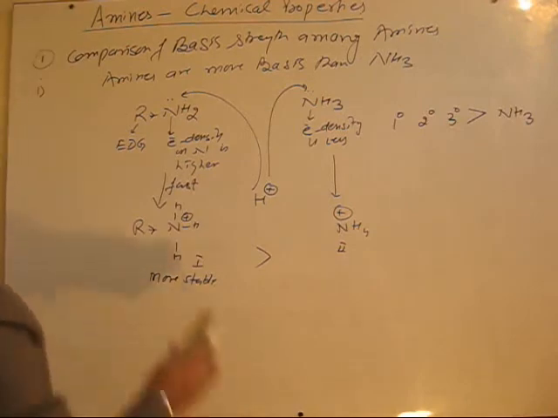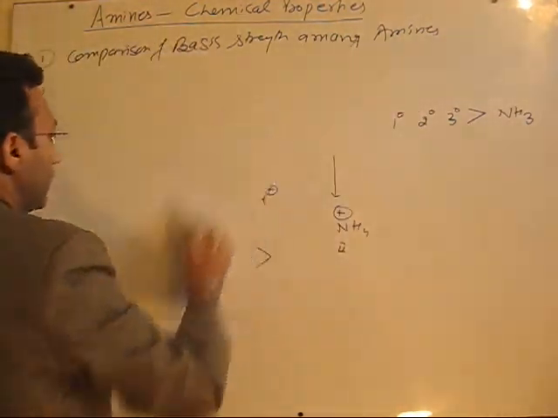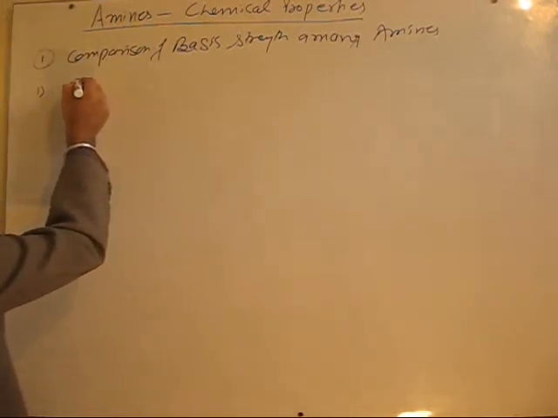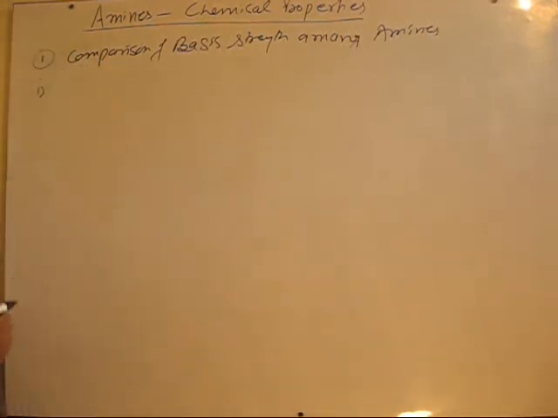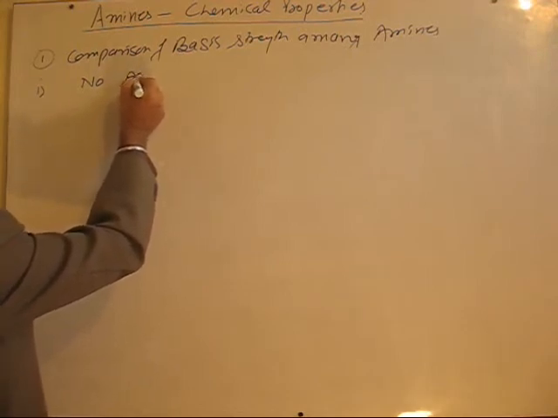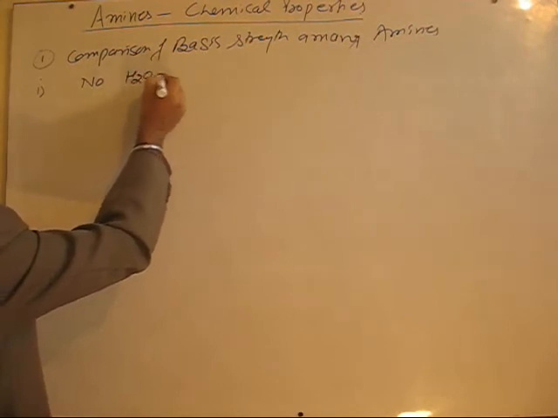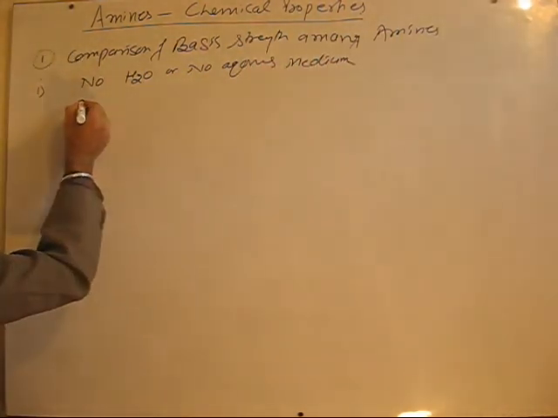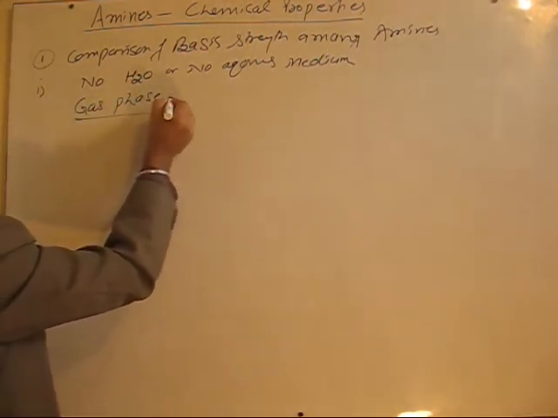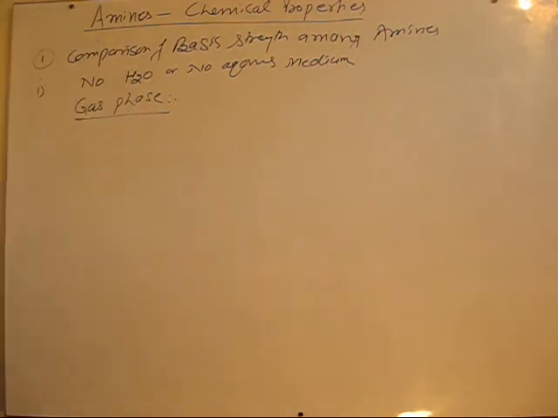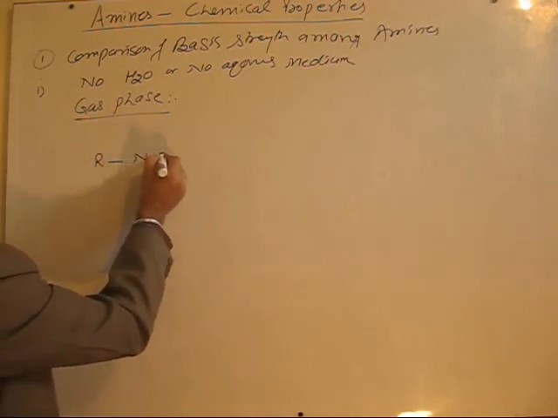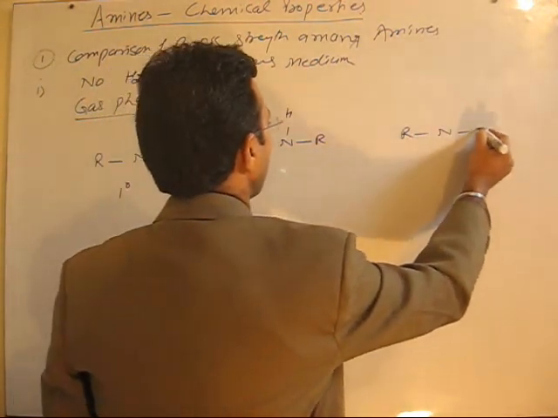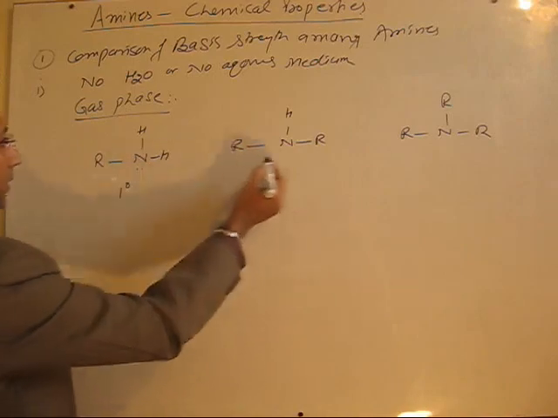So this is the comparison of amines with ammonia. First comparison, a very important question. Now secondly, we will compare the classification of amines, that is primary, secondary and tertiary. We have here two cases. If there is no water, no aqueous medium, let's talk about the reaction taking place in the gaseous phase. If the reaction takes place in the gaseous phase, no water is present, right? So in that case, let's compare the order of basic nature here. This is your primary amine, this is secondary amine and tertiary amine. Just like we have discussed in the last case, availability of